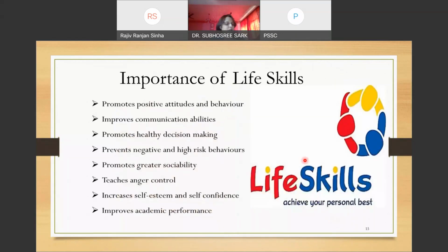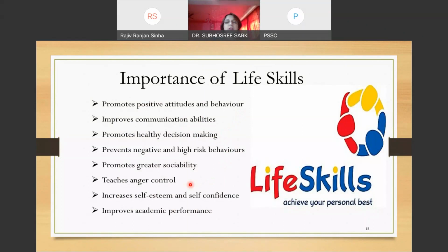So, what is the importance of life skills? As we have discussed, a few points. Promotes positive attitude and behavior, communication abilities, promotes healthy decision making, prevents negative and high risk behavior, promotes greater sociability, teaches anger control,